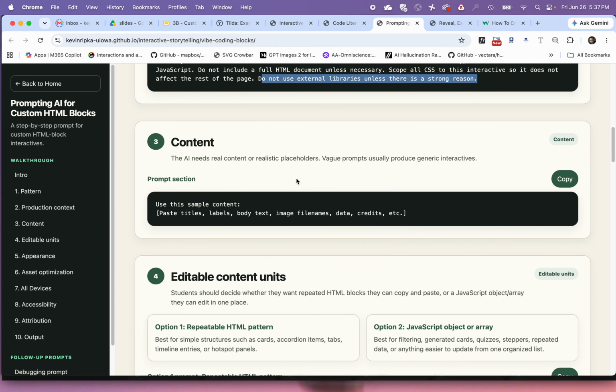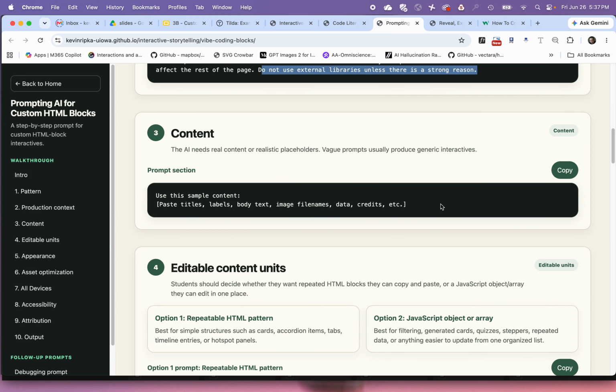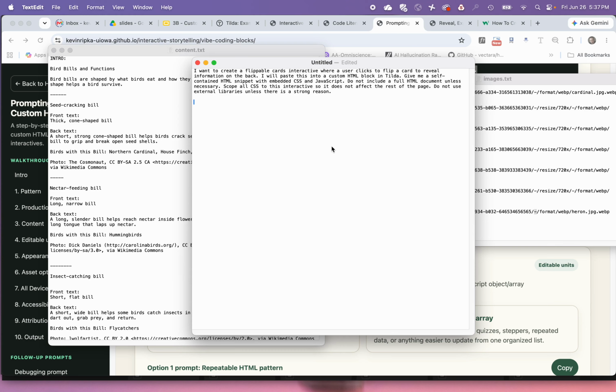All right, content. Use this sample content. I'm going to describe exactly what I want to do here. On the front of the cards, I want a square image and a label title. How about a title of the type of bird bill. On the back,